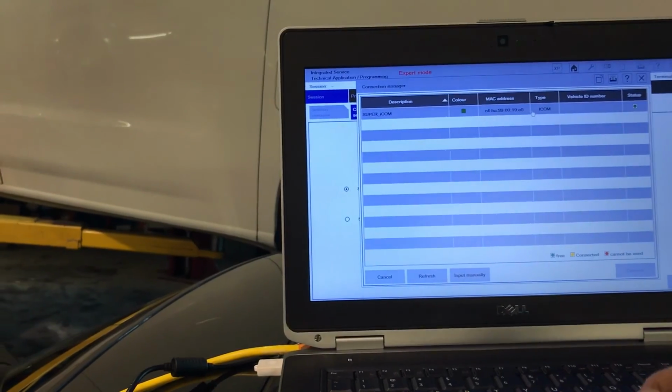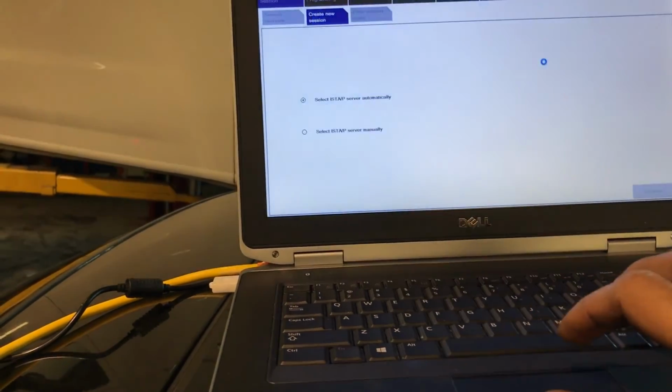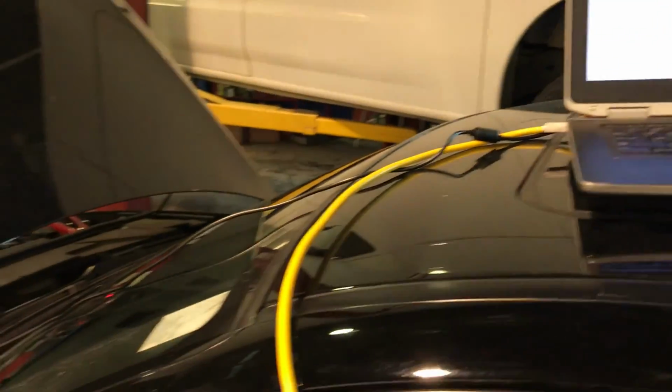Of connections, that's what the icon is. So I'm gonna click connect. Actually, I double click so it does it automatically. So it's now going to start reading all the modules again. Everything should be in normal condition except for those two. And this is the MOST. It's actually